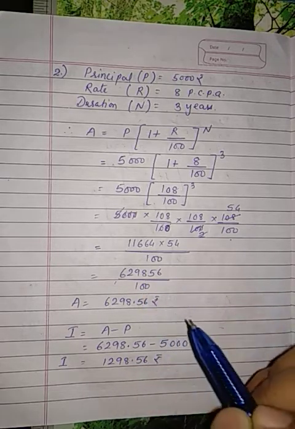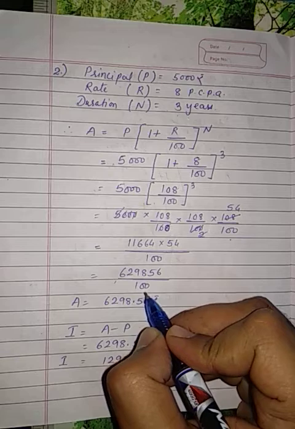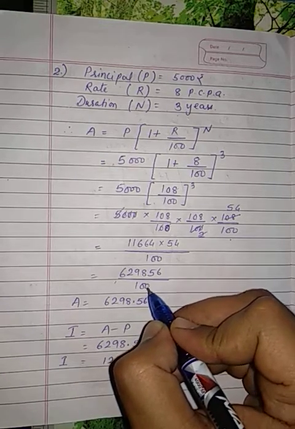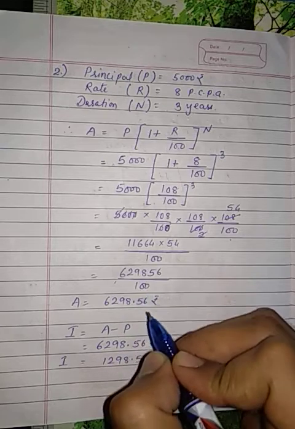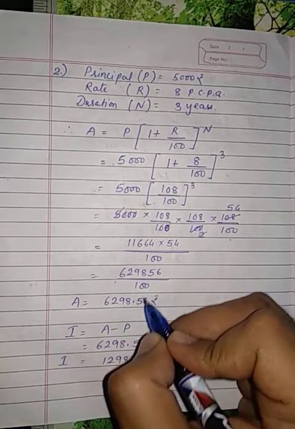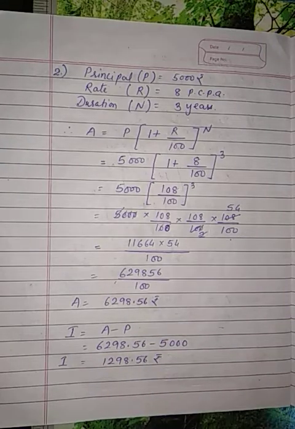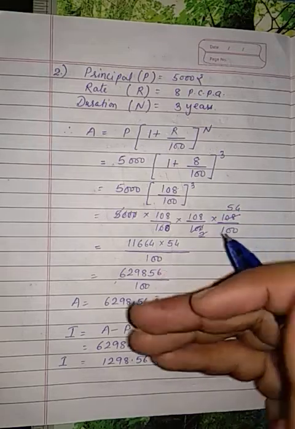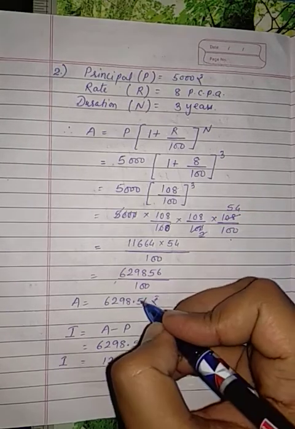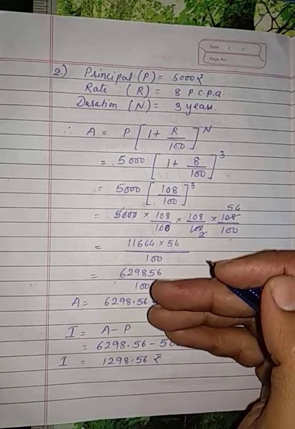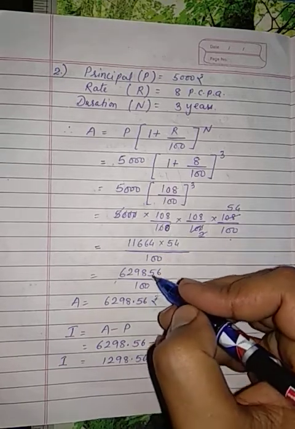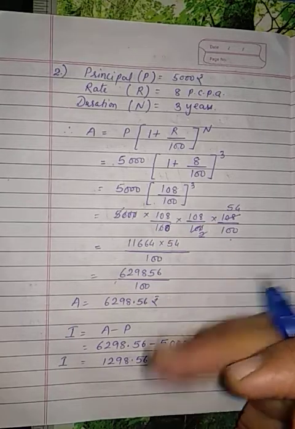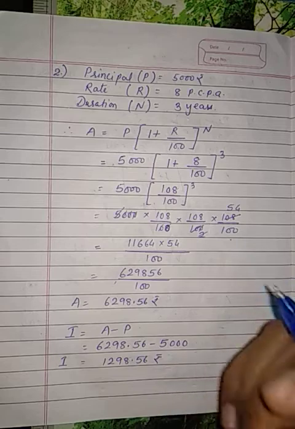6,29,856 upon 100. So whenever we divide by 100 or 10, we have to see how many zeros are in the denominator. 2. So just put the decimal point before 2 digits. Okay, so if you have 100 or any multiple of 10, 100, 1000, in that case division is easier for you, because you have to just see that dividing by 10 means it will have 1 decimal point. Okay, then 100 means 2 digits after the decimal point.